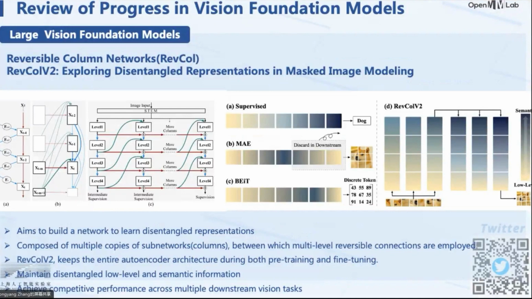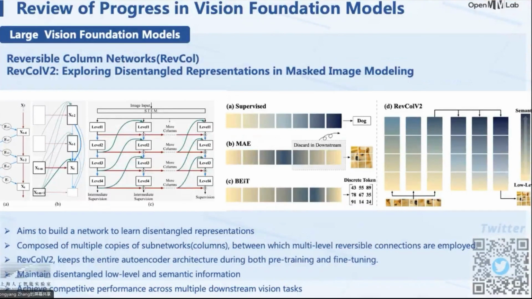It composes multiple copies of a subnetwork, where each column is a subnetwork, and between the multiple levels, reversible connections are employed to save GPU memory for training. And RevColV2 keeps the same architecture for pre-training